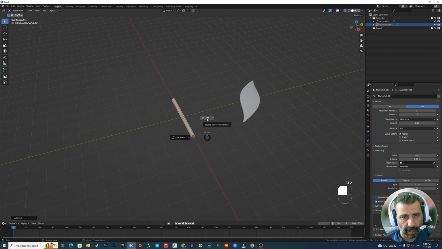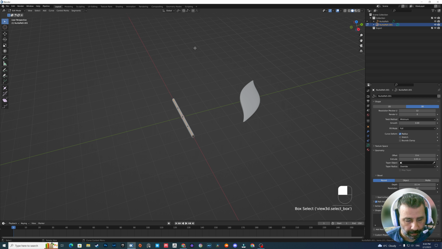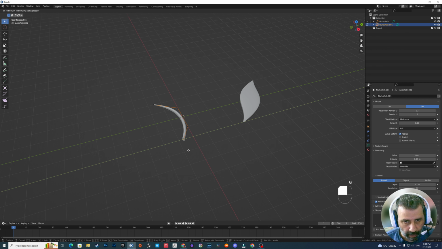Go to the edit mode, grab this one and start to move it to the Y axis. With Alt S resize it as the top of the branch. Then grab the other one at the other end, move it to the Y axis the same way.